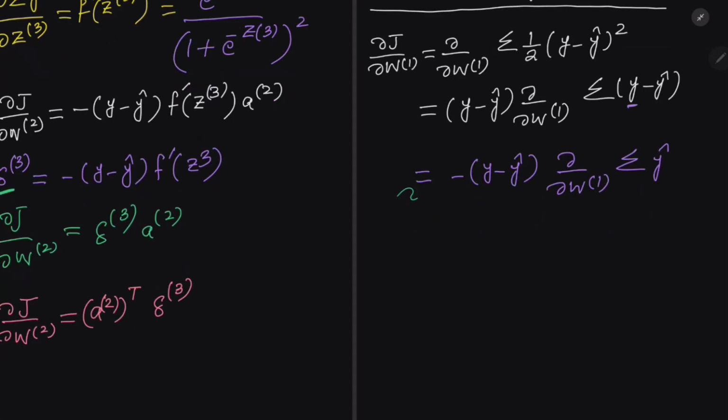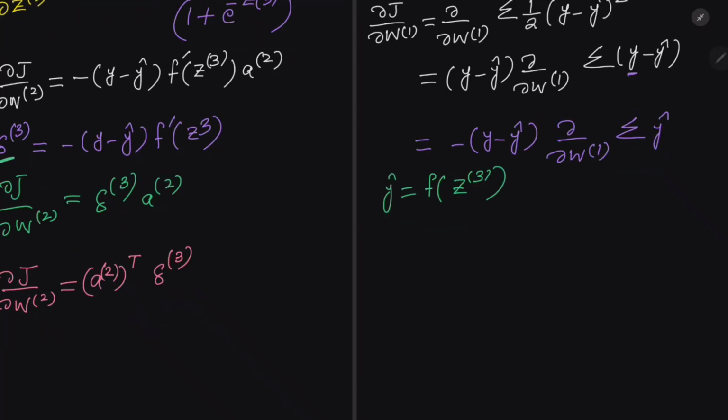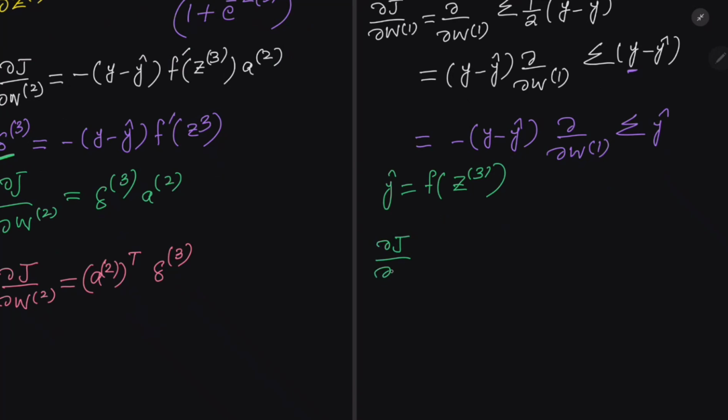Again, y hat is, we know that this is the value of z3 when it is applied on the activation function, or you may say when activation function is applied on z3. So we get partial J by partial W1, minus y hat